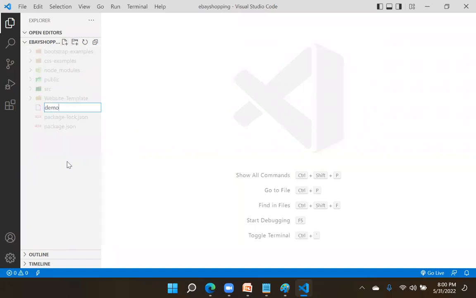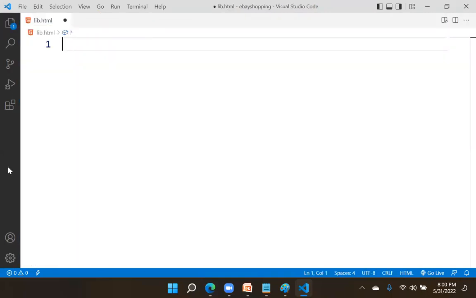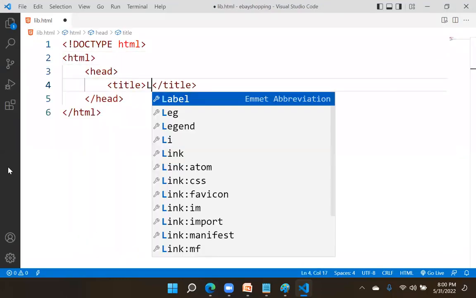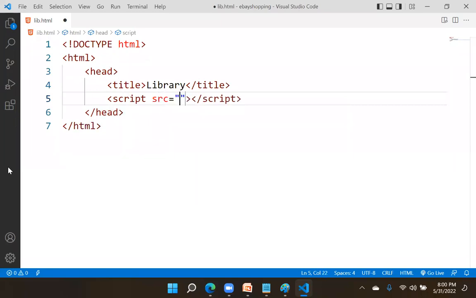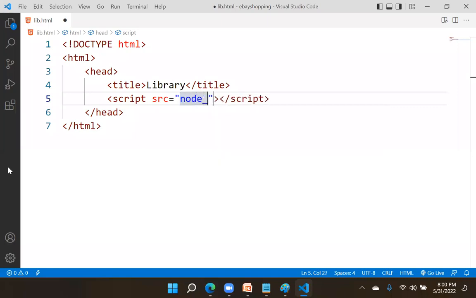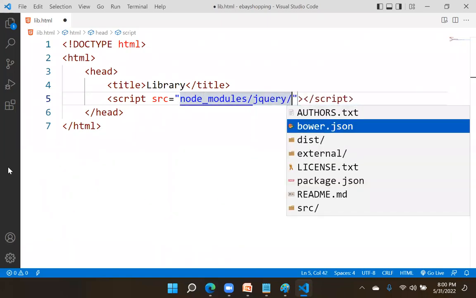I'm creating a library page, lib.html. I'm writing an HTML page: doctype html, head, title. In this page, I am using a library called jQuery, from node_modules, jquery dist.js.